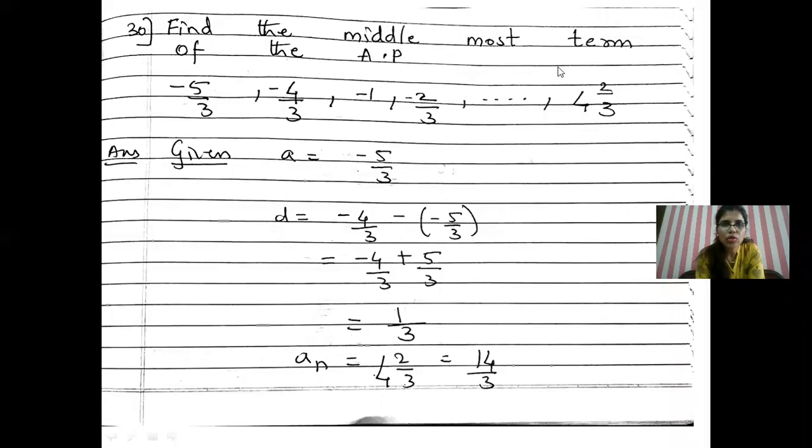So children, I'm going to start with the 30th sum of the AP. So here is the question. Find the middlemost term of the AP, and you can see the series is given to you over here in the question. So from this series you understand that the first term which is there